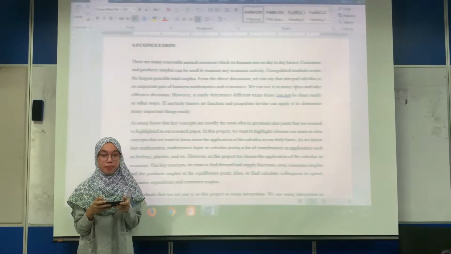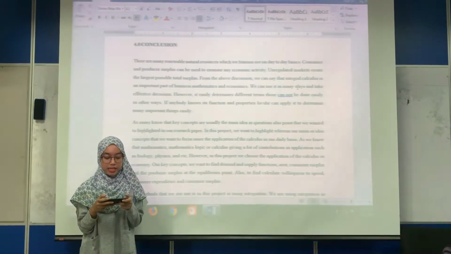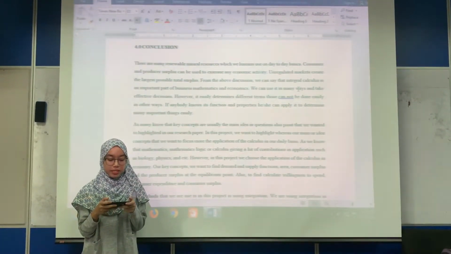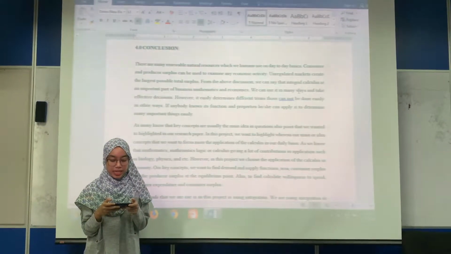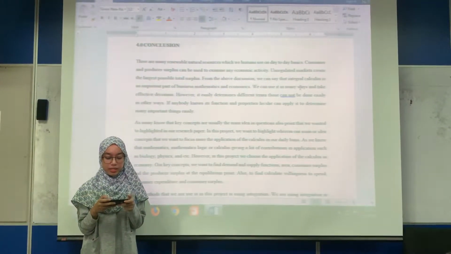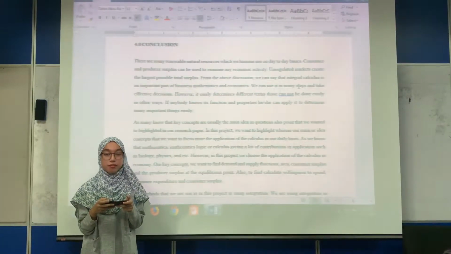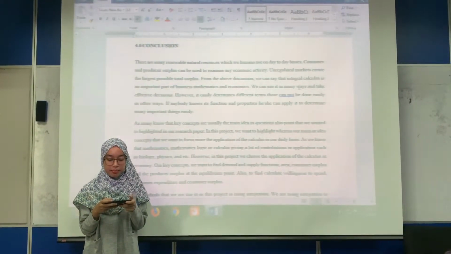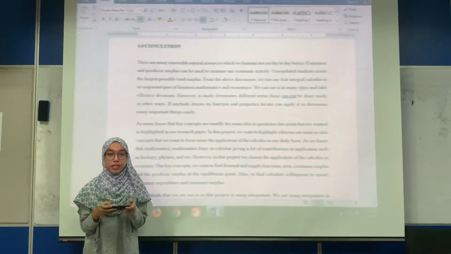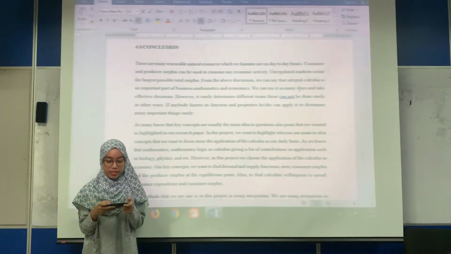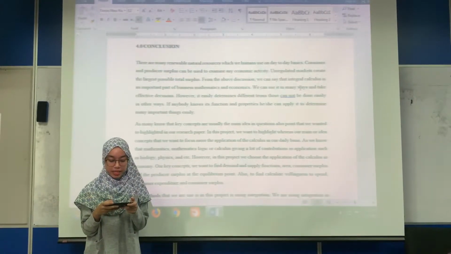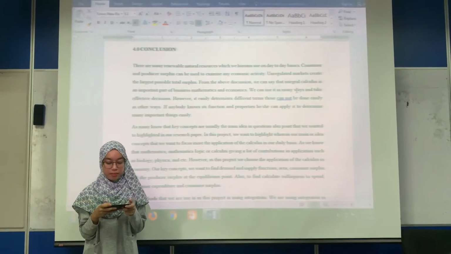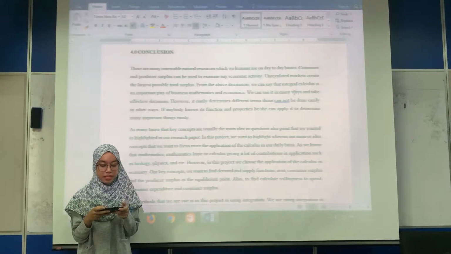Okay, in conclusion, there are many renewable natural resources which we humans use on a day-to-day basis. Consumer and producer surplus can be used to examine any economic activity. From the above discussion, we can see that integral calculus is an important part of business mathematics and economics. We can use it in many ways and make effective decisions. However, it easily determines different terms that can be done and cannot be done easily in other